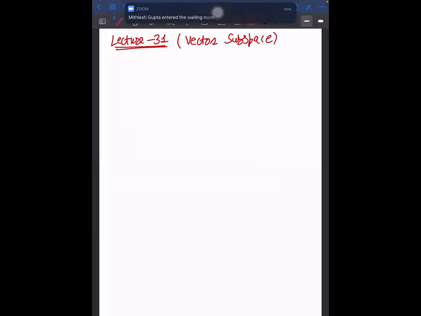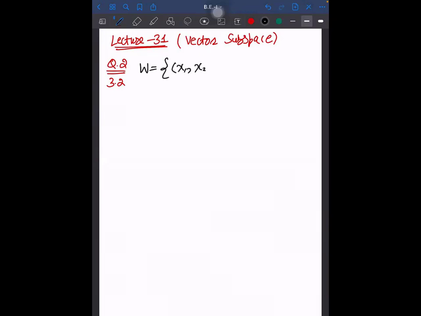Right? So we have done the examples on the subspaces of R2, and so let's start with a few more examples, right? Question number 2 from 3.2, where we have W, which is given to us, that is